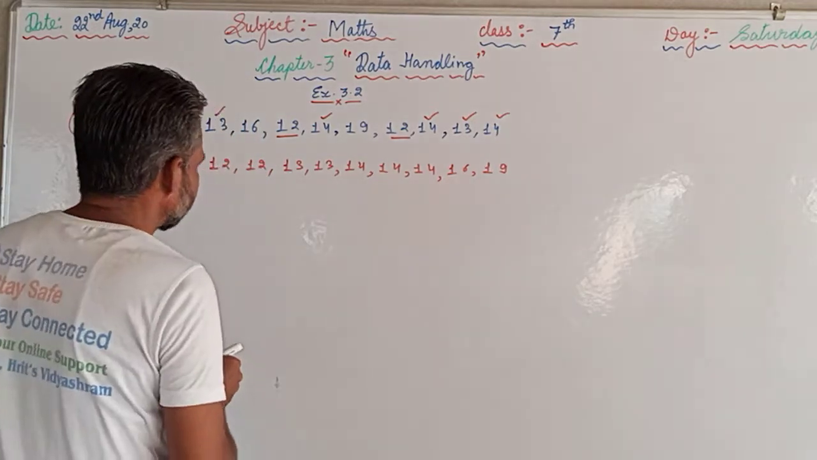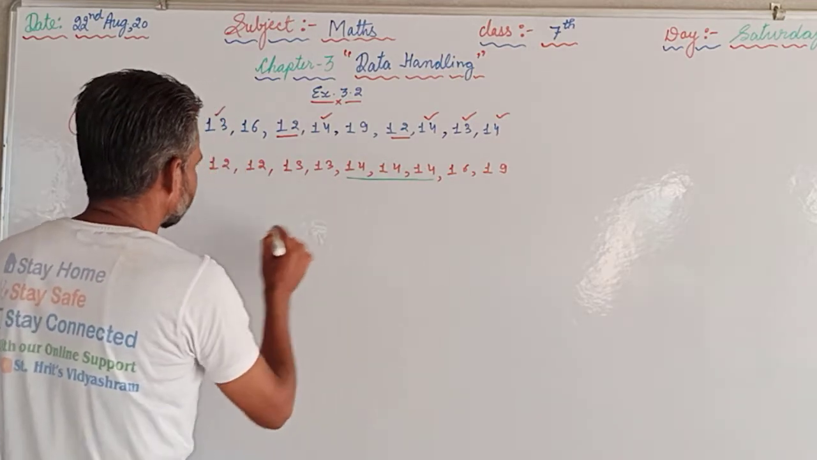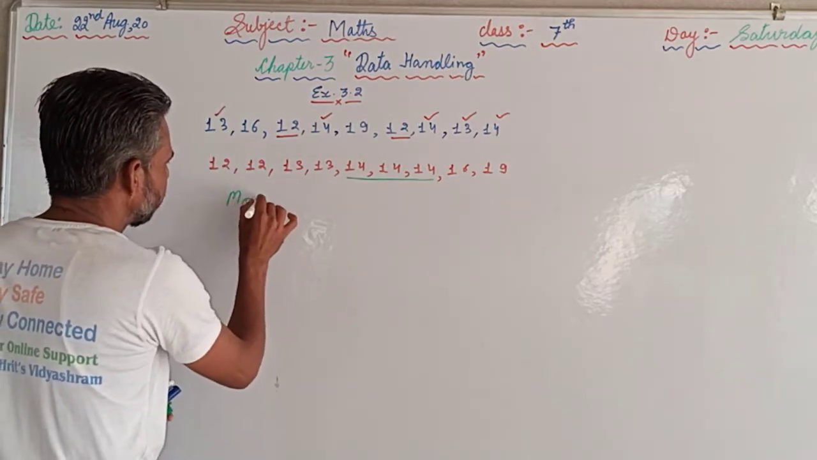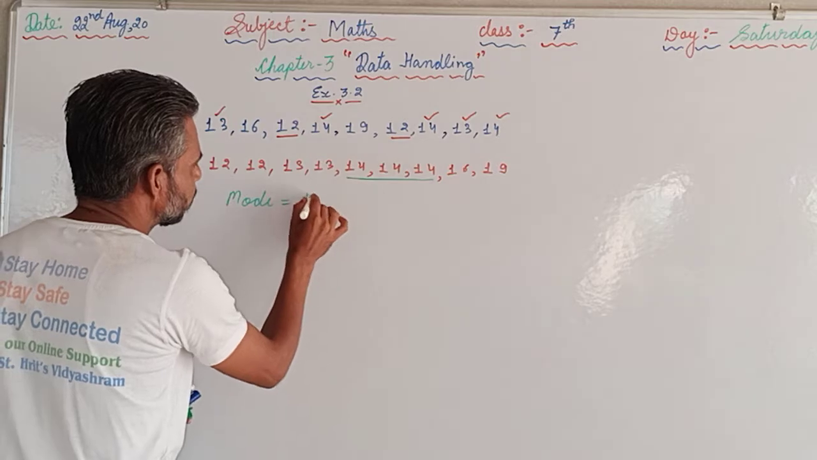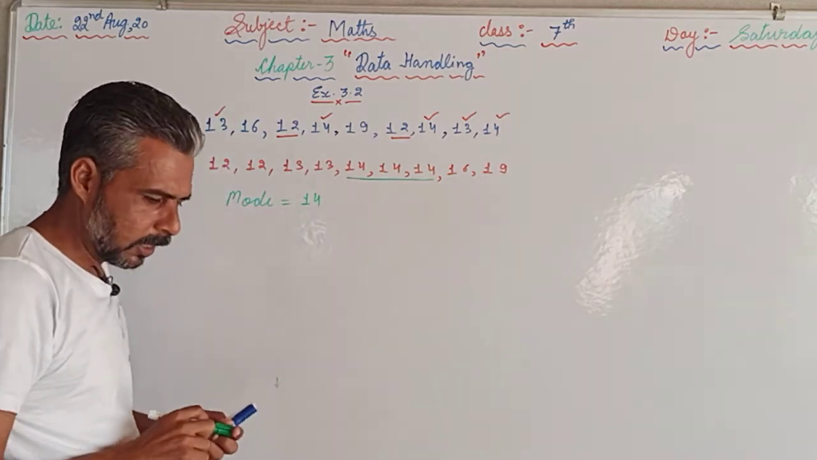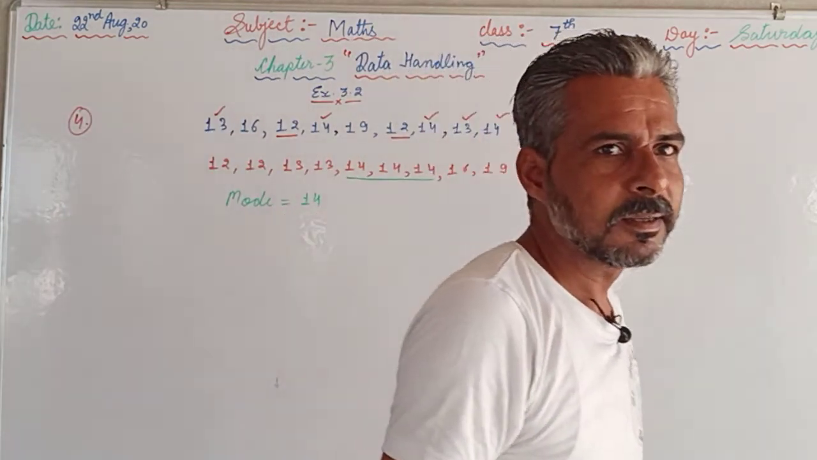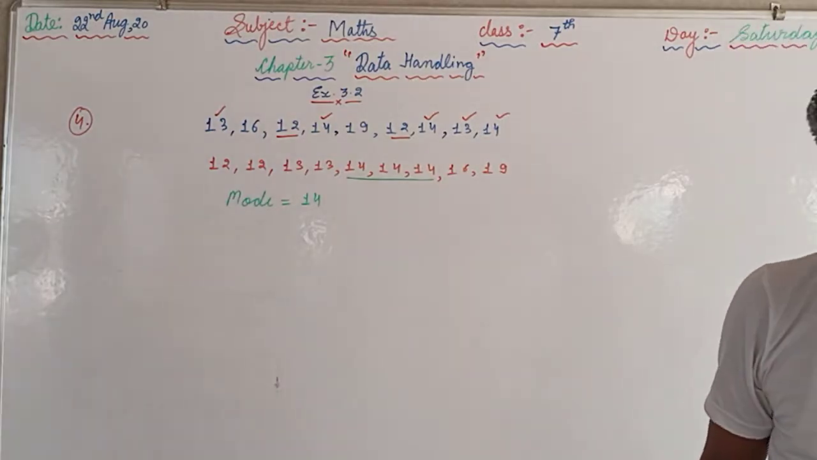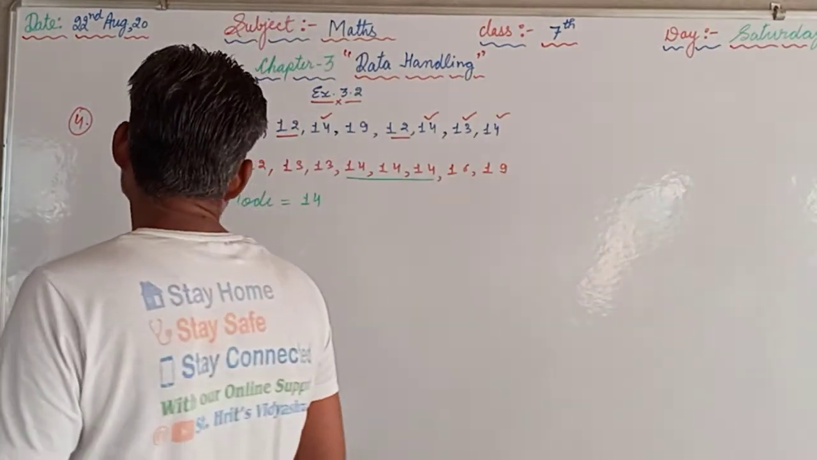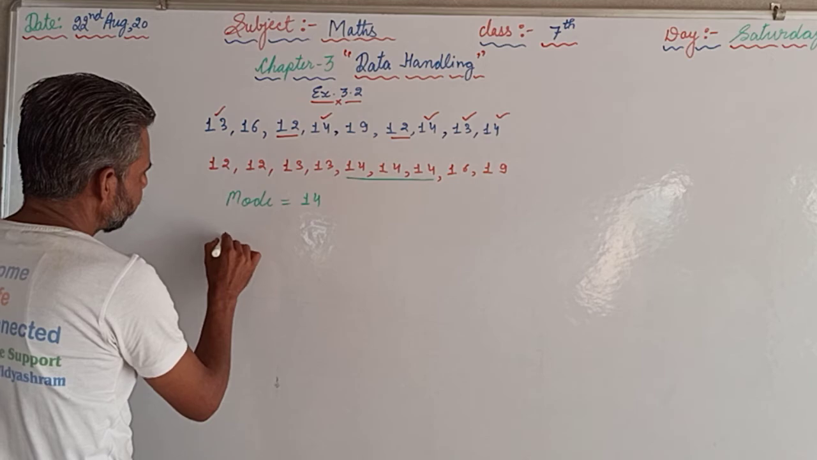That's why we can write mode is equal to 14. Now our next part is to find the median. How to find the median? Median will be,